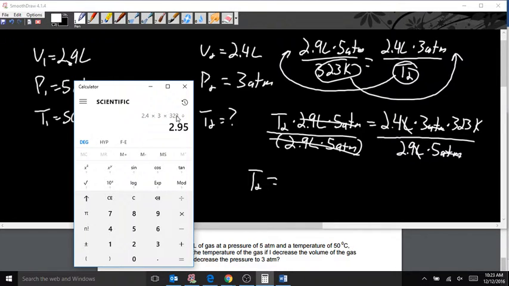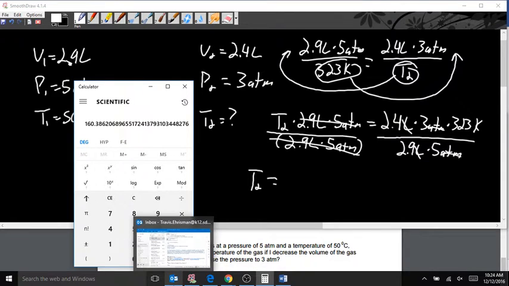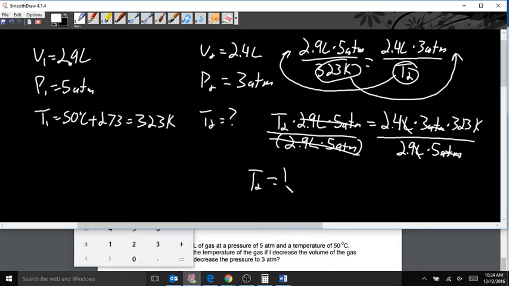I cannot. All right, so let's just try it again. Let's go CE. 2.4 times 3 times 323 divided by 2.9 divided by 5. All right, so in this case, our new temp will be 160.4